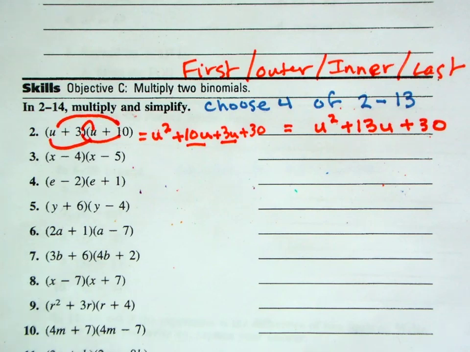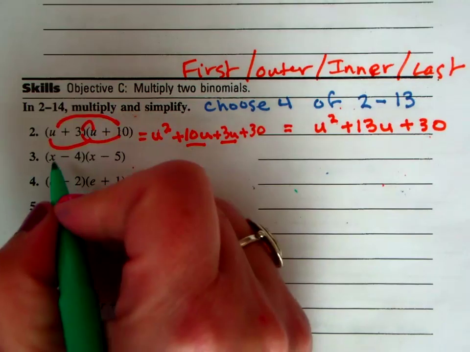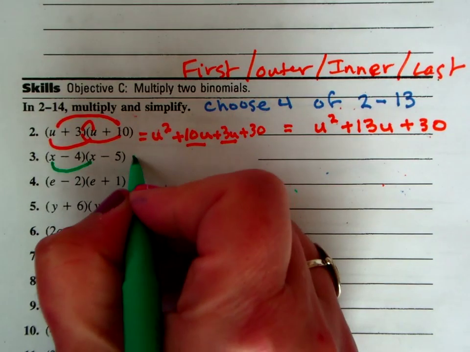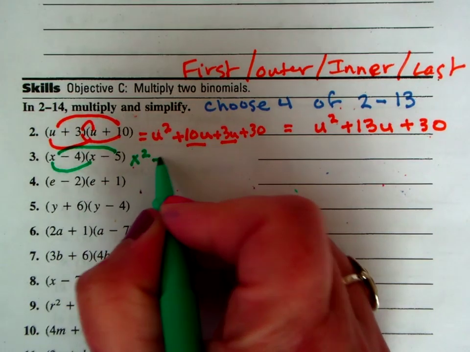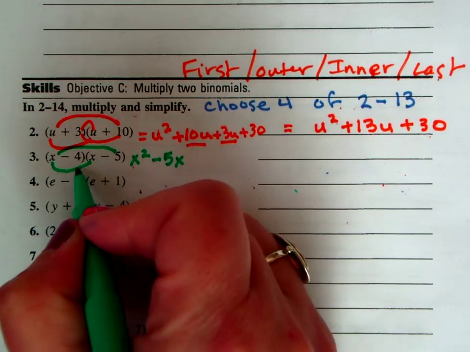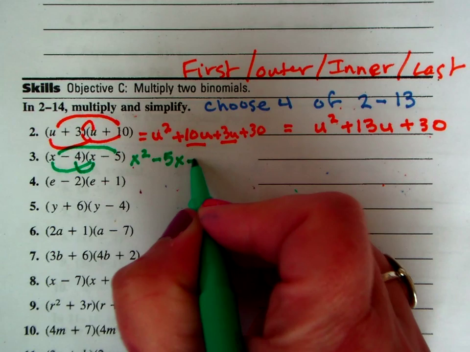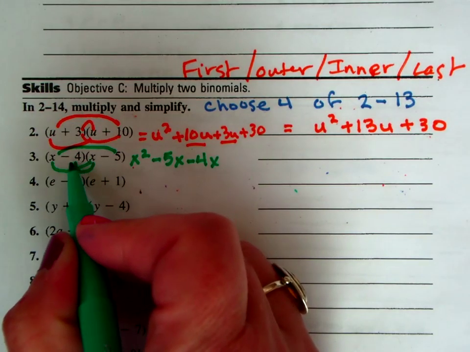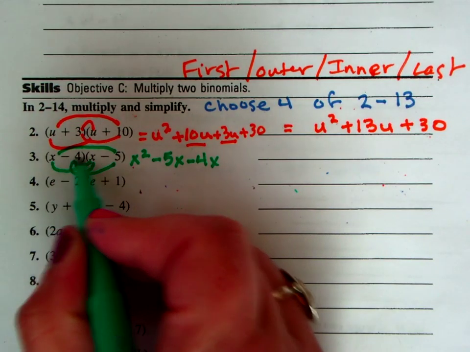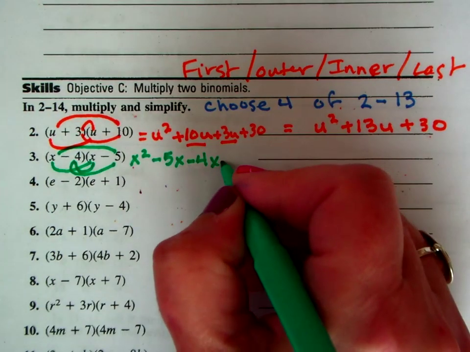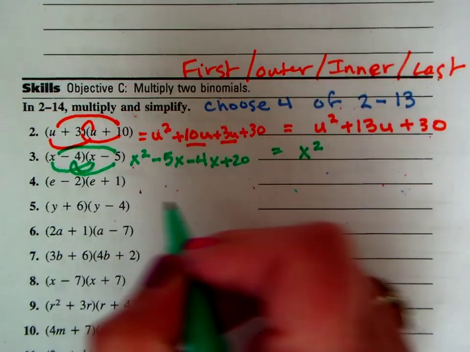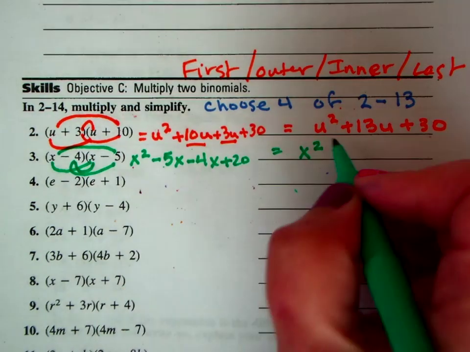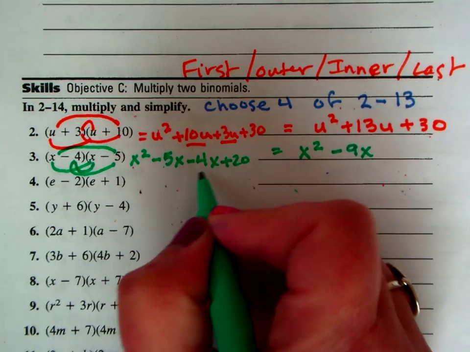Okay. I'm going to do the same thing basically for all of these problems. I'll just keep changing colors. So x times x gives me x squared. X times negative 5 gives me minus 5x. Negative 4 times x gives me minus 4x. And be careful about your last two. Negative 4 times a negative 5 gives you a positive 20. So then when we combine the middle two terms, x squared, negative 5 plus a negative 4, minus 9x, and then plus